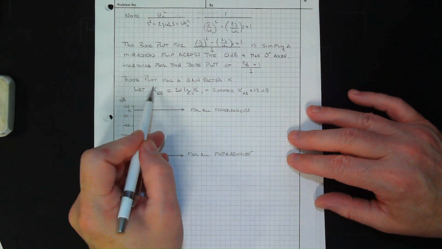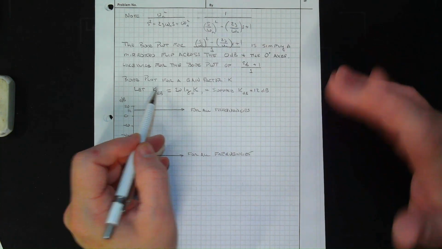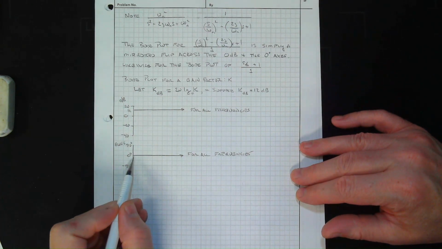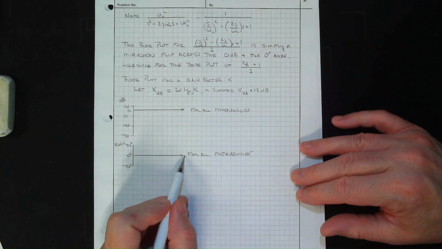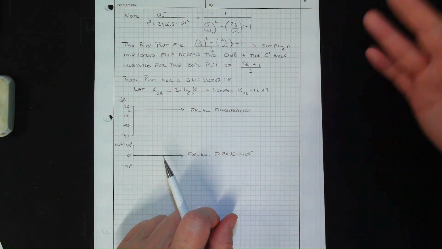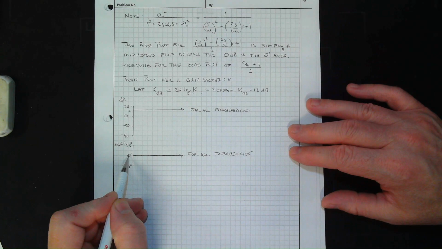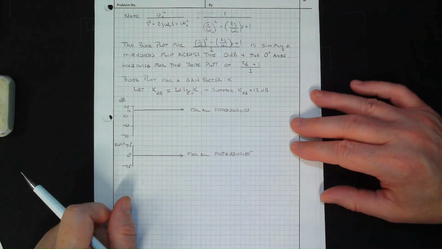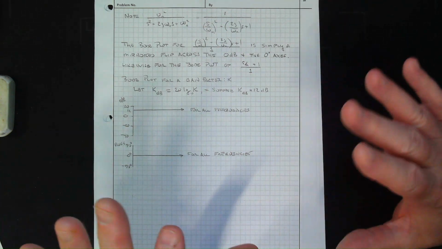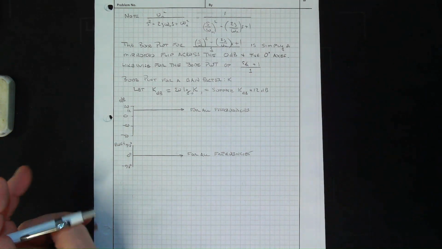Now, a gain is either going to be positive or negative. If it's positive, you're simply at 0 degrees for all frequencies. If it's negative, this would be minus 180 for all frequencies. Okay? And so those are some of the basic parts for making